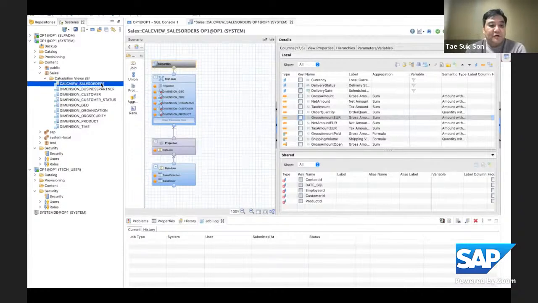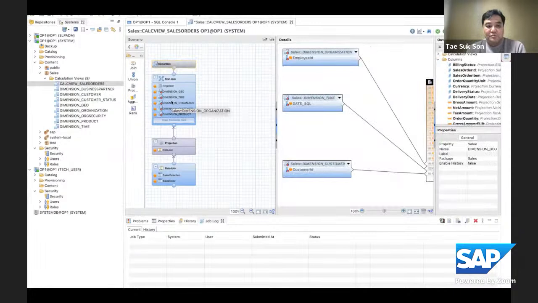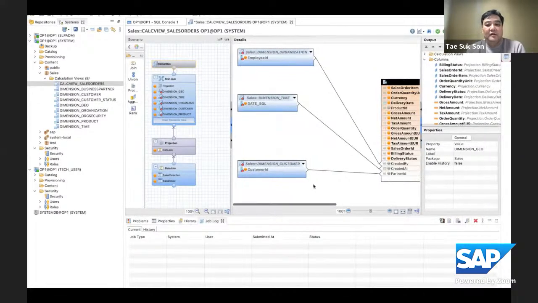The scenario is the sales order scenario, a very typical scenario for a lot of businesses where customers would like to analyze the sales order in the cloud environment for reporting purposes or for analytical workloads or